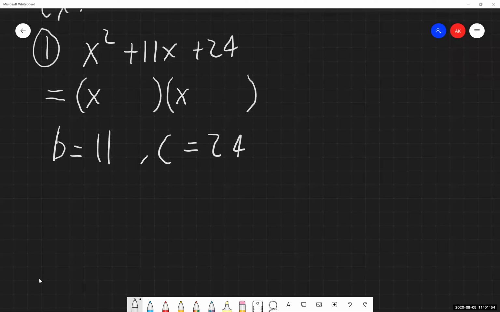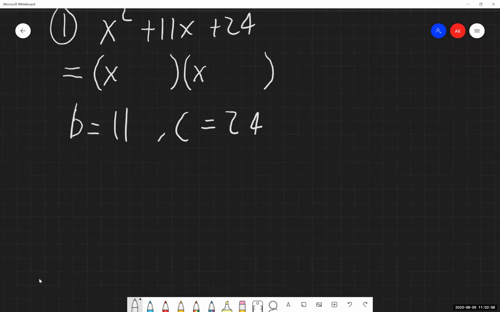Now, here's the trick that I think makes finding the m and the n value to plug into our final answer easier. Here's a method that I think is particularly helpful with this. We need to find 2 numbers that multiply to give me c and add together to give me b. So let's start with listing all of the numbers that multiply together to give me my c value. It's 24 here, so we're going to list the factor pairs of 24.